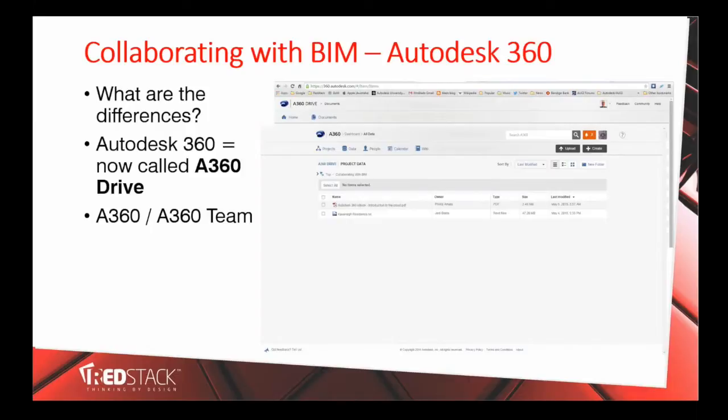When you're using A360, you get a web location called a hub. On your personal hub, you can create and manage projects and data, and then A360 Team is the paid version of A360. On a Team Hub, you can create an unlimited number of projects, you can leverage more capabilities, and in addition,